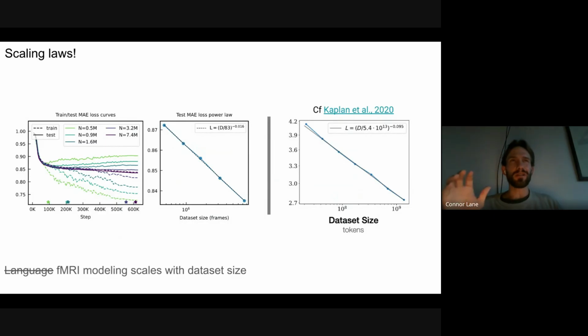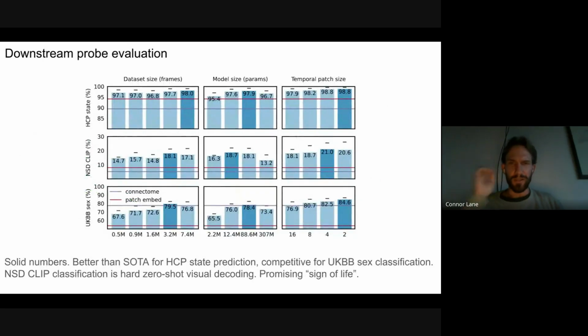And this is interesting and a nice sign and sanity check, but it doesn't capture the full story. What really matters is ultimately the downstream performance of the features that you learn. You want the features that you learn to be useful for tasks you actually care about. Mask reconstruction is not in itself a task that is important for application. So in terms of downstream evaluation, I would say that we have some quite promising early results.